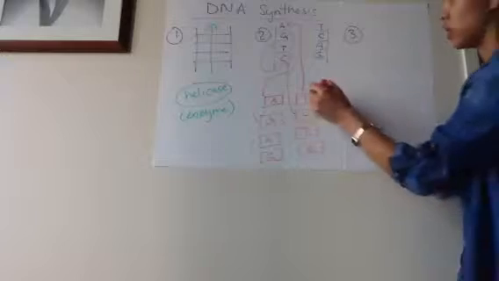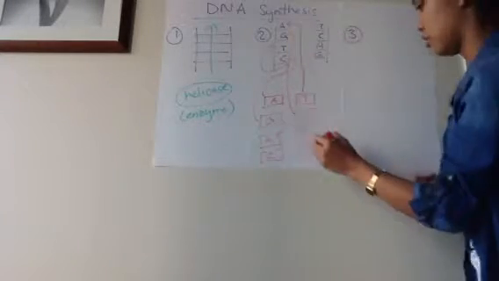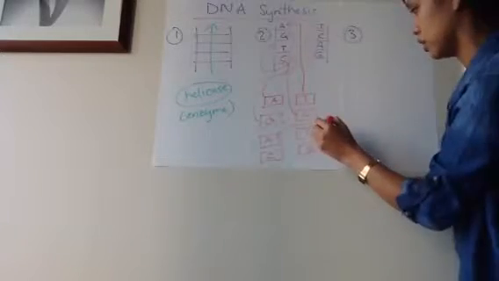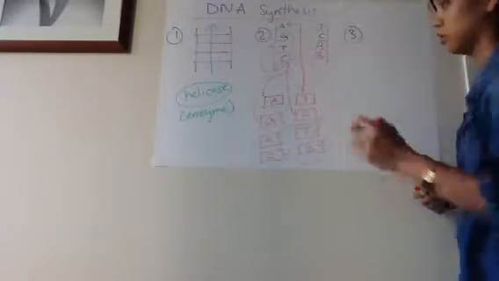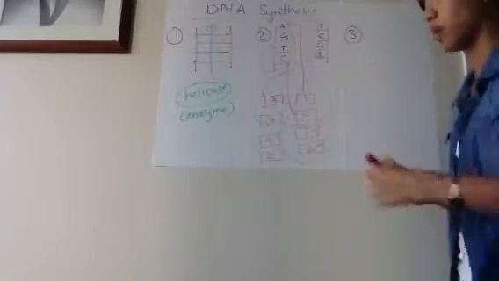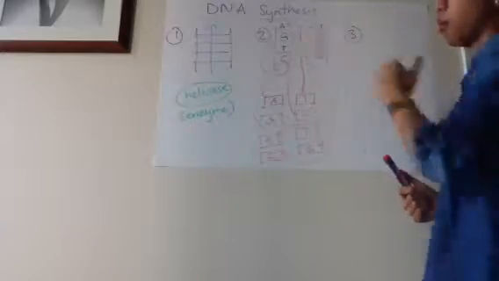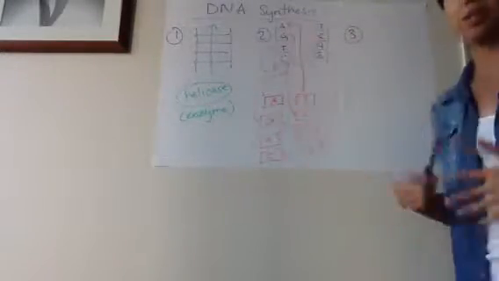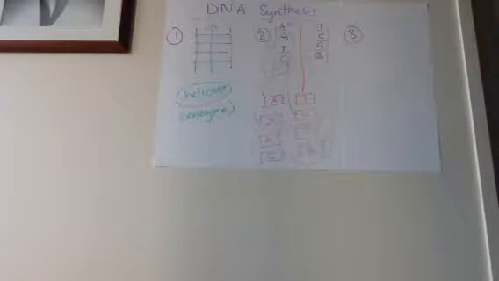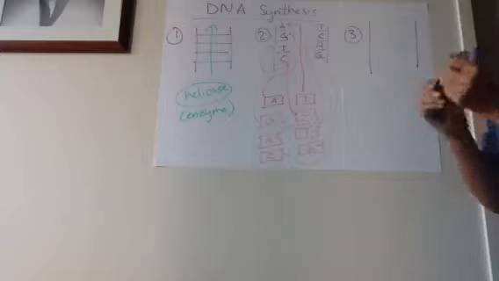And then same thing on the other side. So T is going to match up with A, G is going to match up with C, T again with A, and C again with G. Hopefully you can sort of see that, but it's the complementary base pairing. So that's your key for step 2, complementary base pairing with your bases that are freely roaming around in the nucleus. Now, step 3, essentially, because I've used different colors here, what you have now is